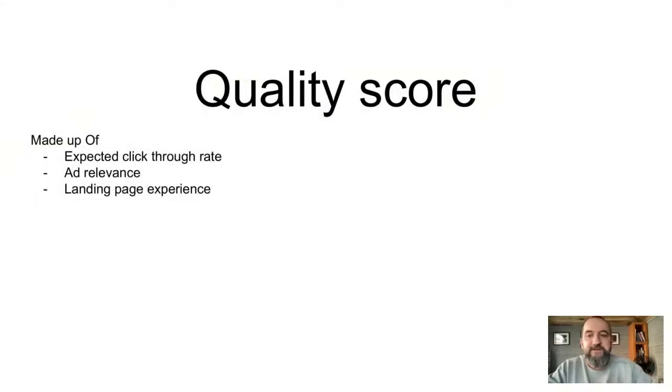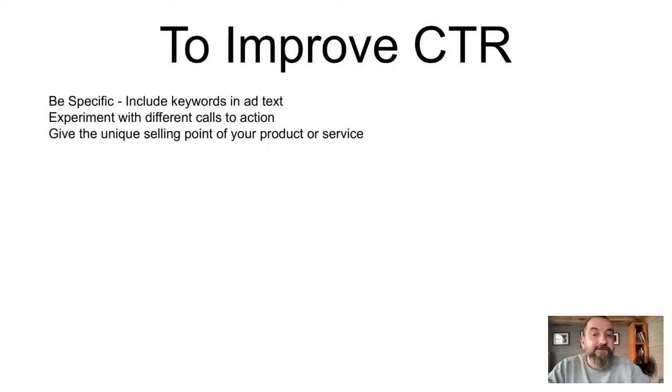So the first thing we need to do is the quality score. This is made up of expected click-through rate, as we've gone through before, ad relevance, and landing page experience, right? We need to get all of these three things right before we can start getting cheaper ads and ads that are going to perform better for us. So to improve